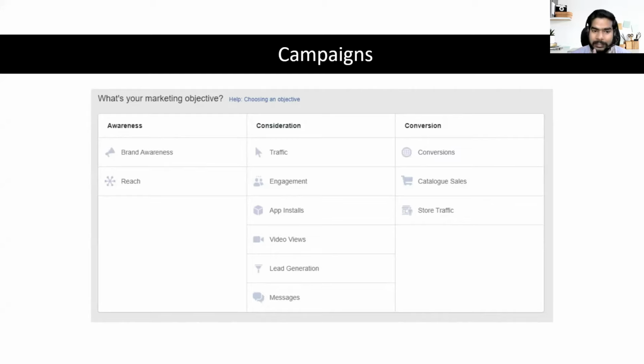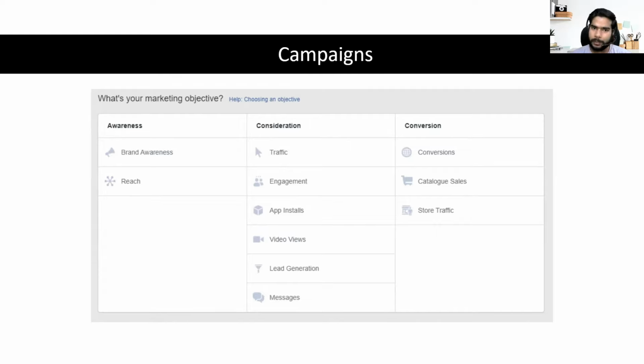So this is where most people go wrong while creating their ad, right? It's like going to a grocery shop and asking for 1 liter of milk. Maybe the grocery shop is just selling rice and all. If you're going to a grocery shop with the aim of buying milk, that will be a wrong thing.